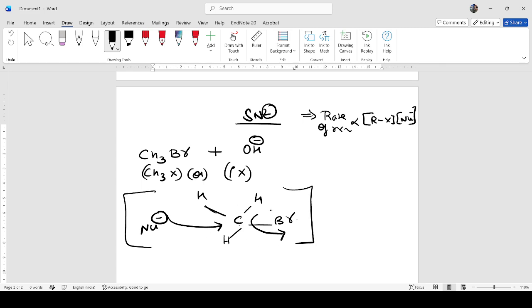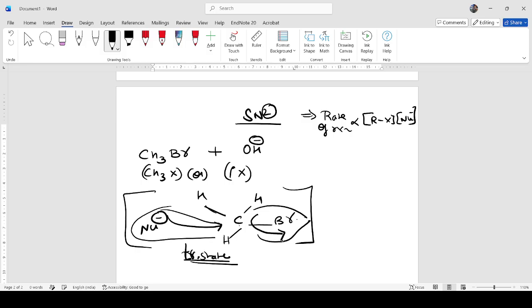Initially carbon made 4 bonds, which was tetrahedral. Now when the attack is happening, it is forming a transition state here, not an intermediate. That means a very short-lived one. You cannot look at it for quite a long time in any kind of spectroscopy. Very short-lived species. In the transition state, you can see the nucleophile attack is happening on the carbon and the bond between